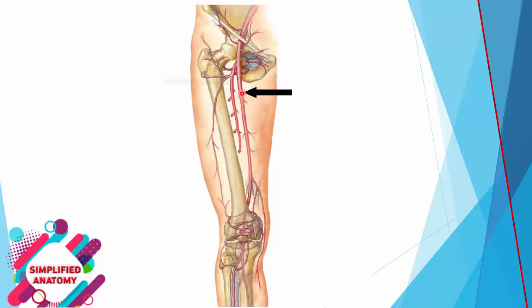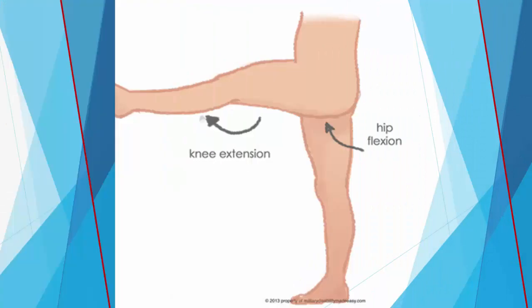From the femoral artery, a large branch arises called profunda femoris. Profunda femoris has many branches. These are perforating branches. The branch that surrounds the femur laterally is called the lateral circumflex. It divides into ascending, transverse, and descending branches of the lateral circumflex femoral artery. And this branch that goes medially is called the medial circumflex femoral artery.